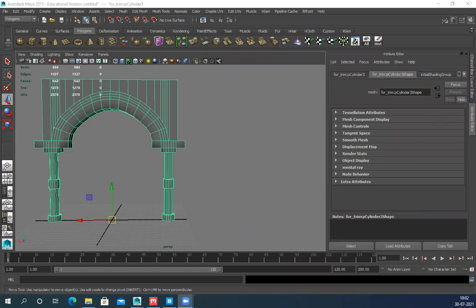And for today, I'll explain how to create trim sheets and all. For that purpose, I have created this basic model, not a very fancy model, and I can still see there are some issues in the model, but I just quickly did this to explain the process, like how you can create a trim sheet and use the texture, and based on that you can generate models.